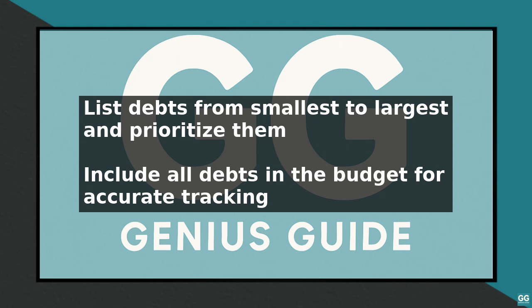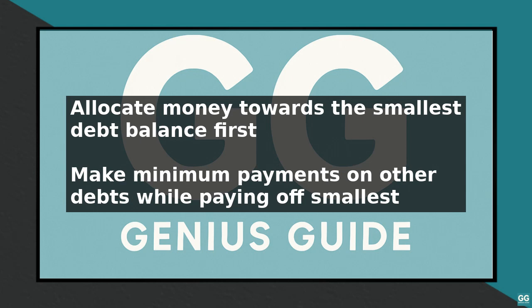Next, list all your debts, from the smallest balance to the largest, and prioritize them based on the debt snowball method. In EveryDollar, go to the debt section and add each of your debts, including the balance, interest rate, and minimum payment. Then, allocate as much money as possible towards the debt with the smallest balance, while making minimum payments